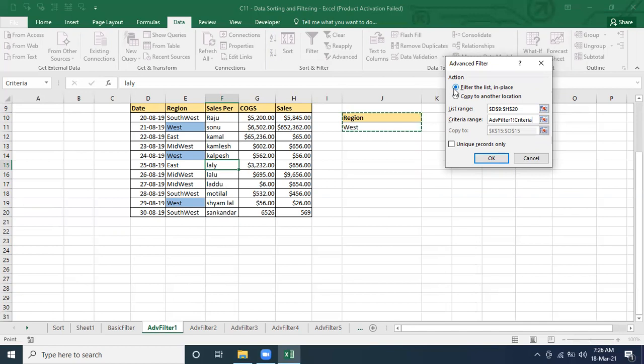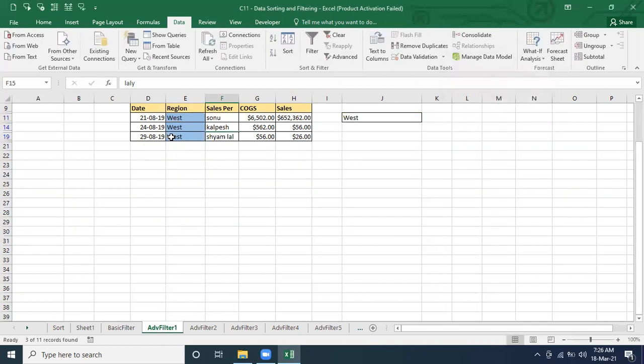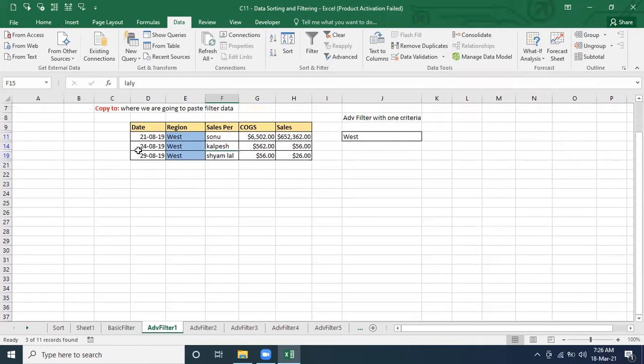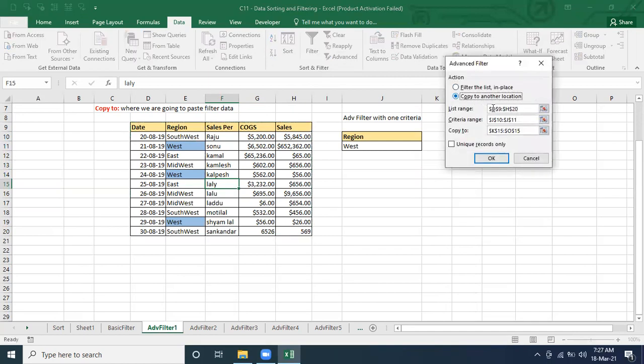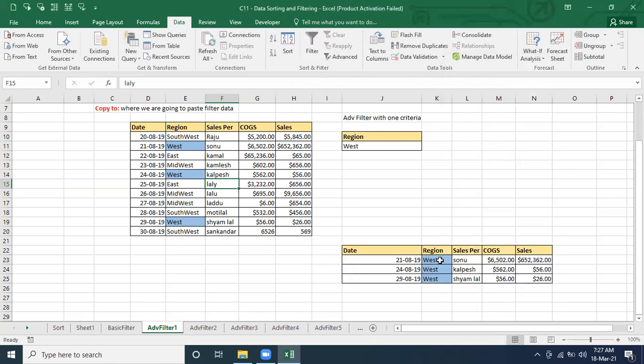So I'm not going to demonstrate that. If you select this one, it will do the filter there itself. Just see, it has done the filter. It has hidden those records which are from the different regions, and those which are from this region only are appearing. So I did Control Z, and now I don't want to do it at the same place. So this is our criteria, and where do you want to do it? I don't want to do it at that place. I want to do it here itself. This is the one, and we have to click on OK. Let's see whether the region is coming or not. Yes, it's coming. Is there any doubt?